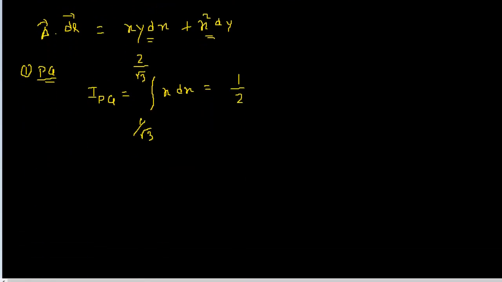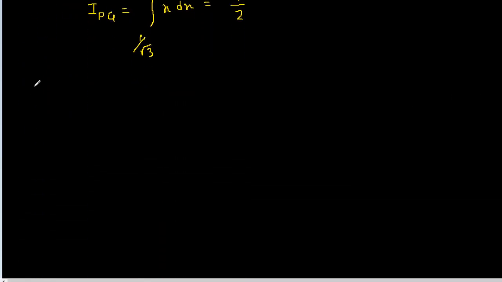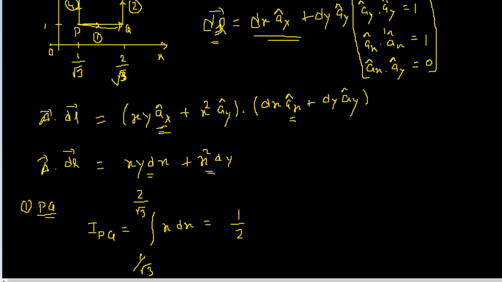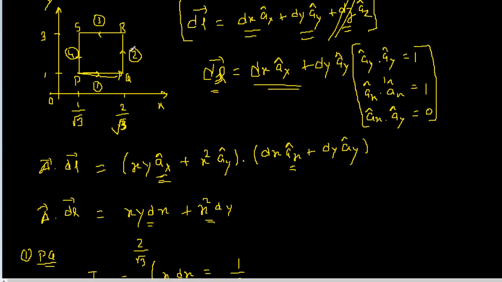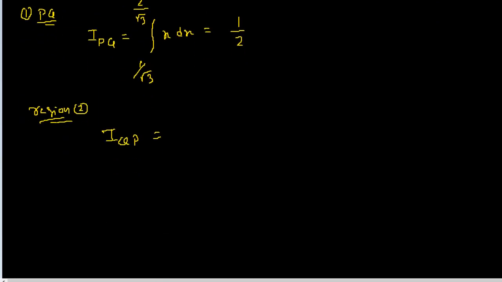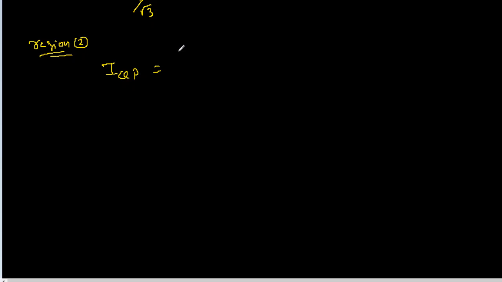Okay, now proceed further. Take another region, region 2. Region 2 is QR. Okay, here we can see that only y varies, z is kept constant, so we can neglect z. So the equation for this region becomes only an integral in the y direction, not in the z direction. Okay, so the y direction becomes